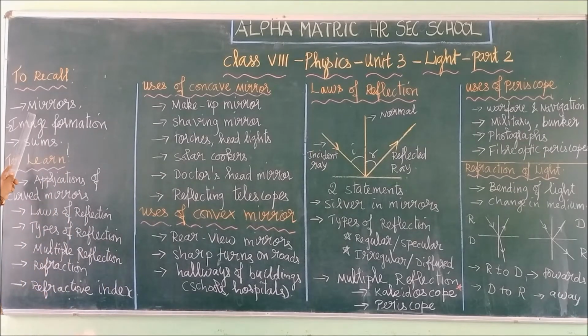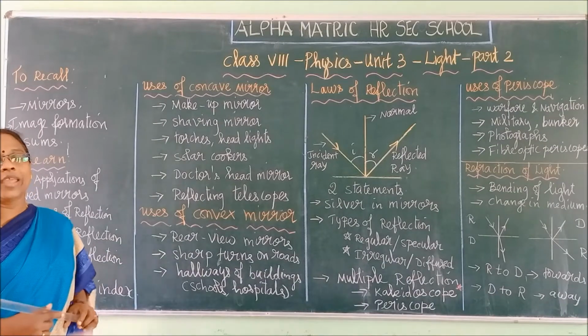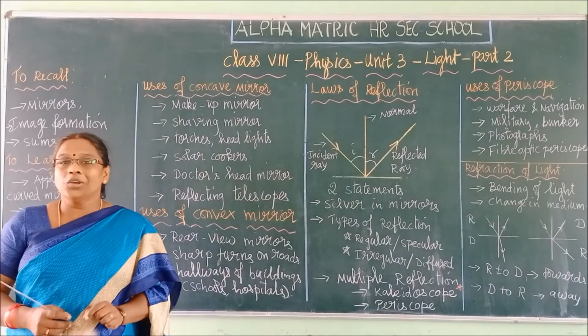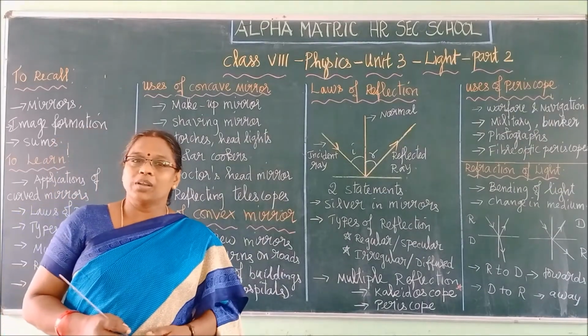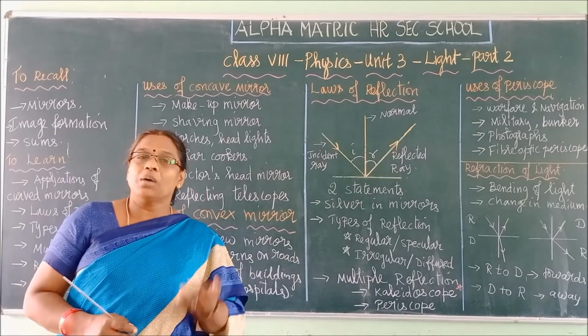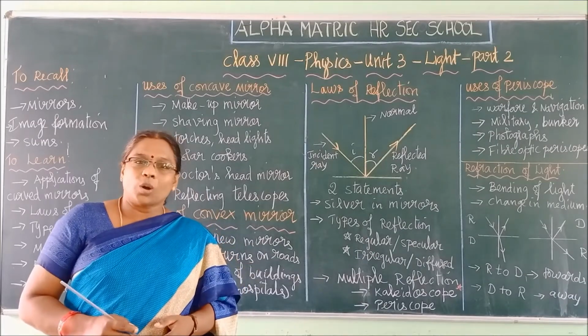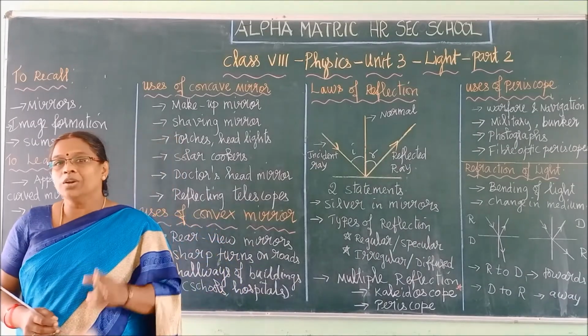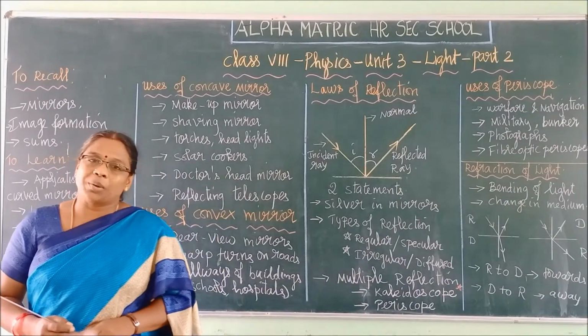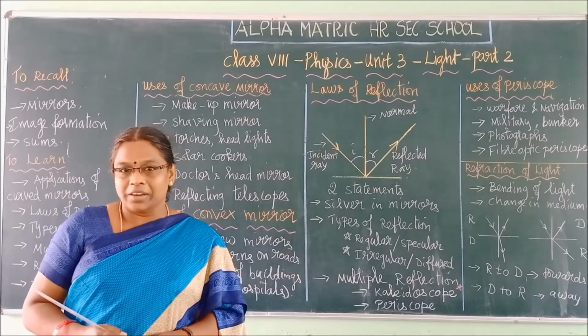We have learned about mirrors, and we have learned about image formation in concave mirrors and convex mirrors. I had taught you for concave mirrors, and I told you to learn by your own about the image formation by convex mirror, and also I told you to do two sums which are in the book as your science preparation. I hope you have done it, right?